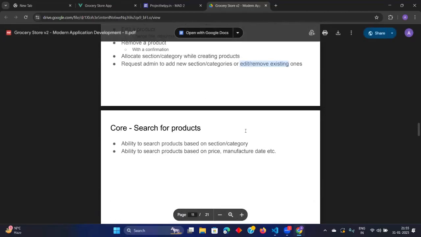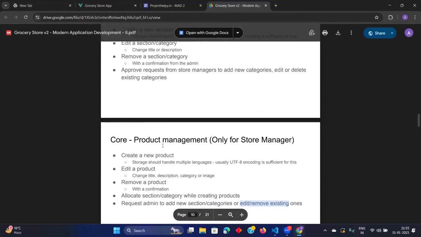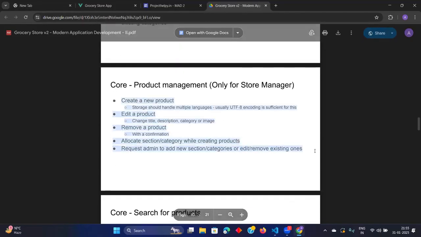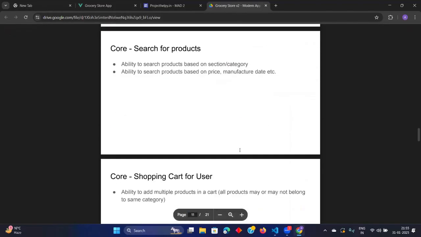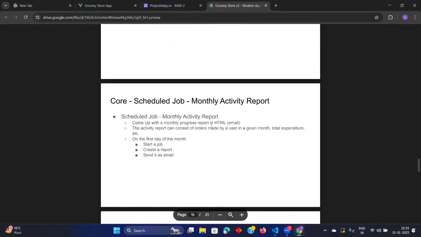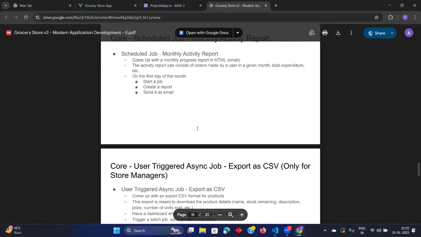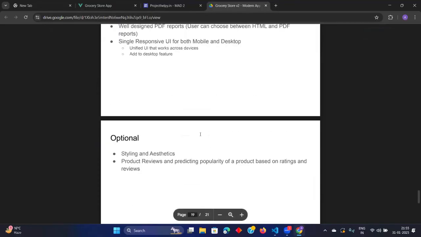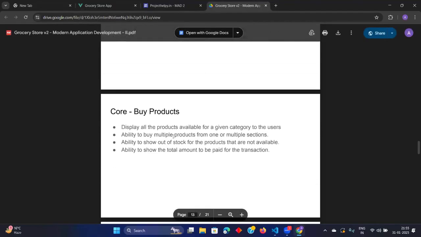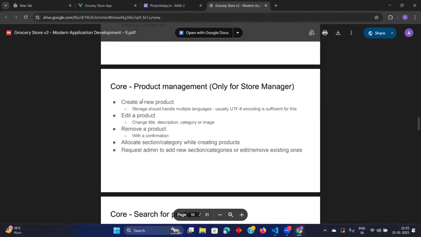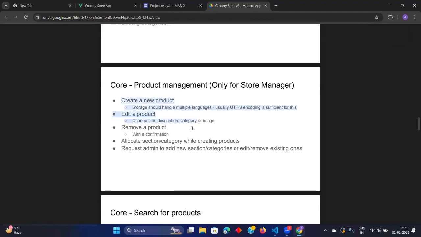Okay. So today let us complete this thing. This search thing, shopping cart user, these things, daily reminders, you have already seen. So after this everything is done. Just a few things are left for us, mainly on the admin dashboard, on the manager dashboard actually, right?